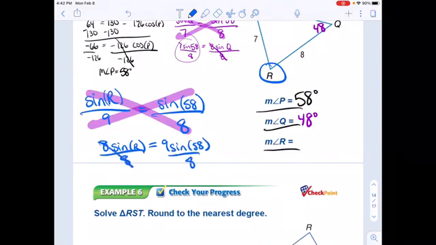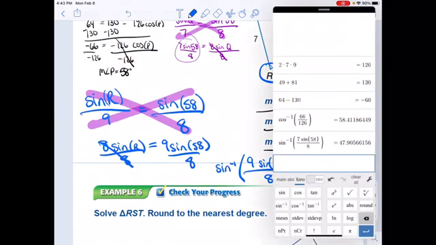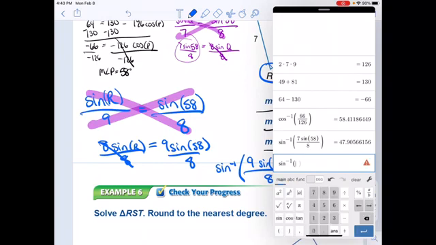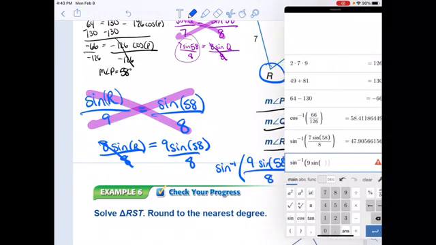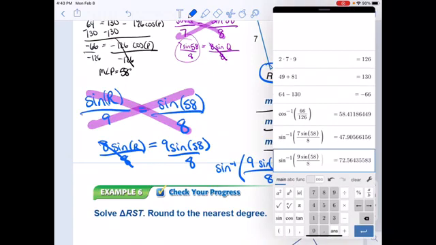Divide by 8 on both sides. Once again, finding a degree, so I need to take the inverse sine of this whole thing to find my solution. I could have solved all of these using law of cosines if I wanted to. I do prefer law of sines though, so it's really up to you, whatever you prefer. So this ends up being